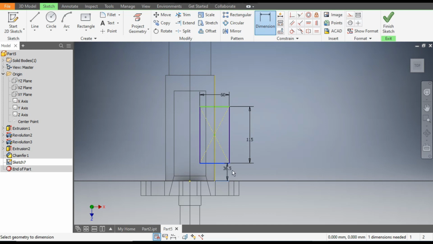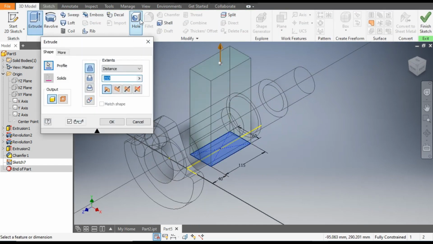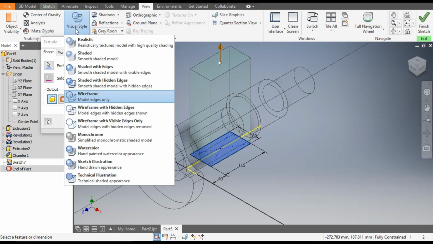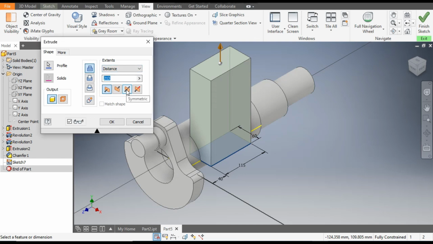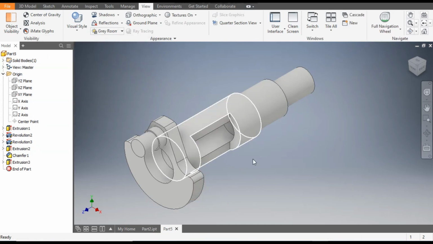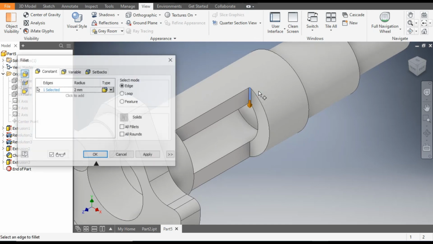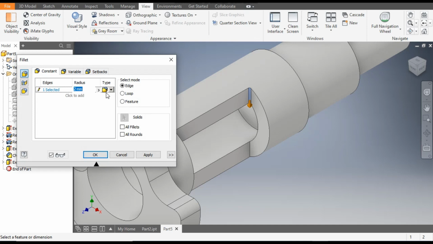The distance from this face will be of 40 mm. Now go to 3D model, extrude, go to view, visual style, change it to shaded edges. Here we will take a symmetric extrude and take here cut, and okay. So a cut profile will be made here. Now select this edge, go to fillet, take here a fillet radius of 15 mm, this also 15 mm, rotate,